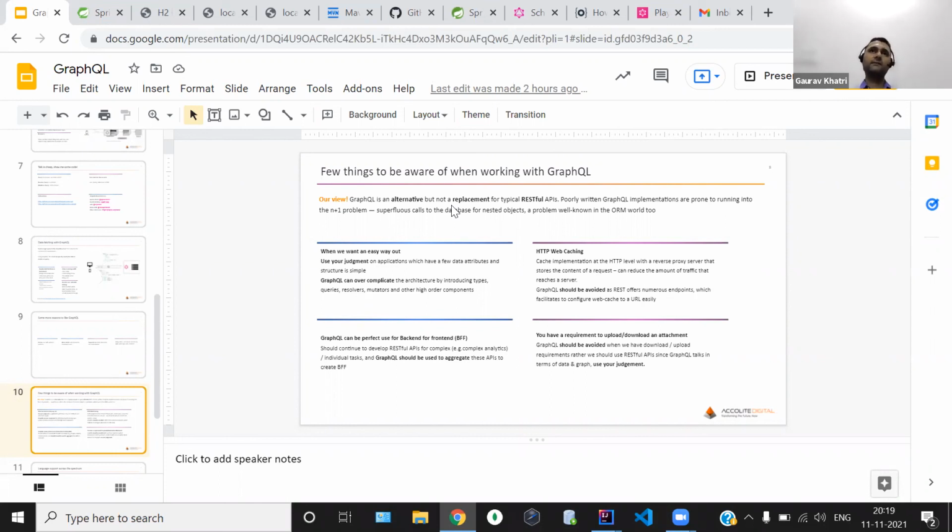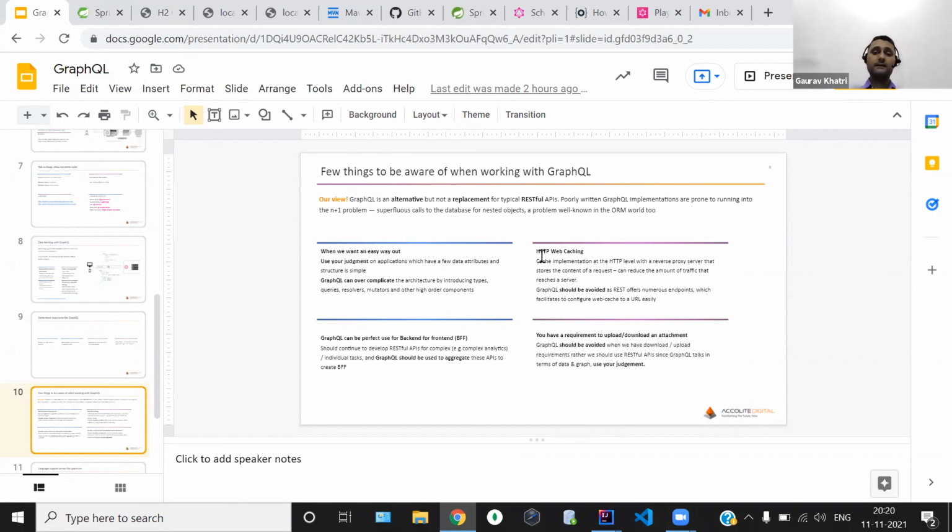Let's say we have a very simple requirement, and we have only one web service, and that web service is returning only a very simple data structure. And there we have only a limited number of data fields. So we can avoid using this sophisticated architecture. But again, this is a judgment call. It depends on the team, or our judgment call.